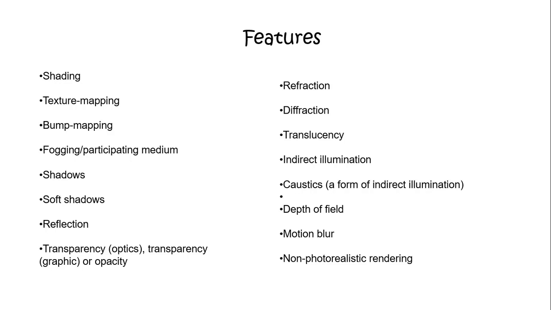Texture mapping was originally a technique pioneered by Edwin Catmull in 1974. Texture mapping is a method for defining high frequency detail, surface texture, or color information on a computer generated graphic or 3D model. When we go for non-photorealistic rendering, which is also known as NPR, this is actually